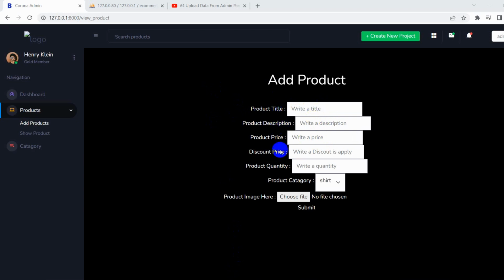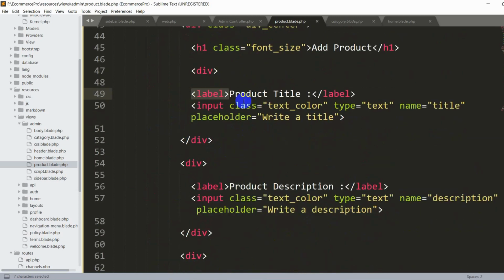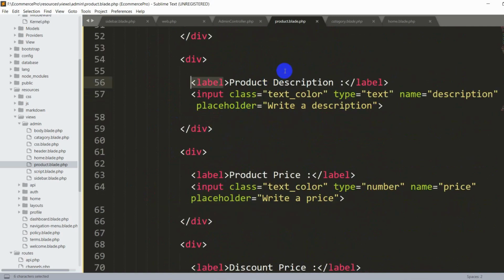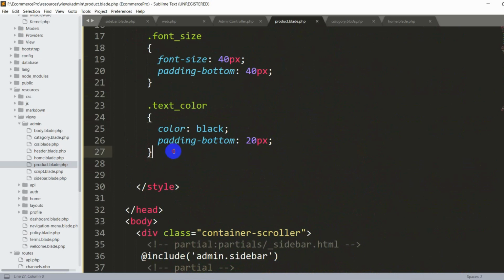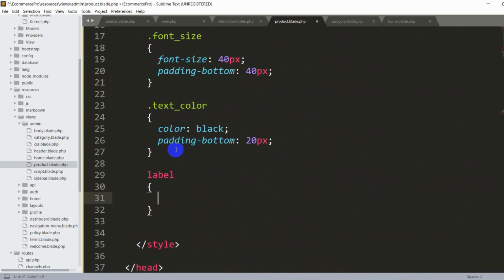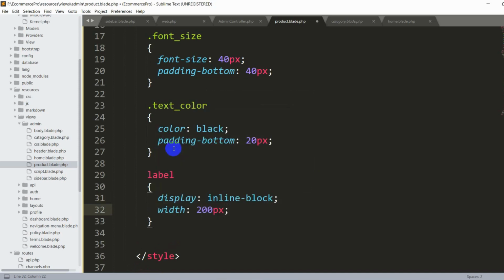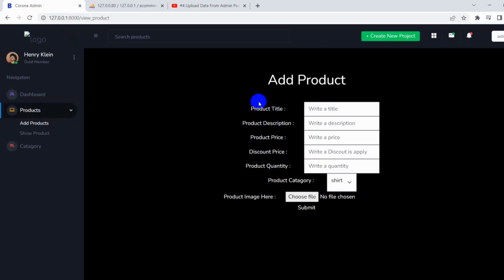Now let's also change the design a little bit more. So for it, let's go back, and here you can see that we have label for every product data. Here you can see for description price. So using this label we are going to write some CSS. So here we'll say only label, then we'll give 2 second bracket, and we'll say here display, it will be inline block, and we also say here width, it will be 200 px. So let's save it now, then we will refresh here, and there you can see it looks a little better,